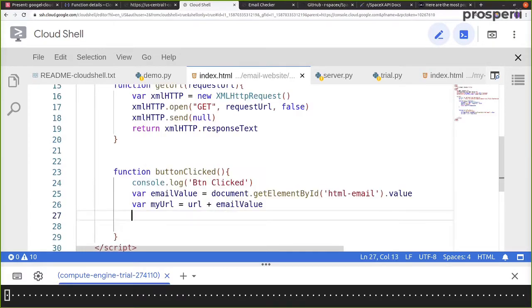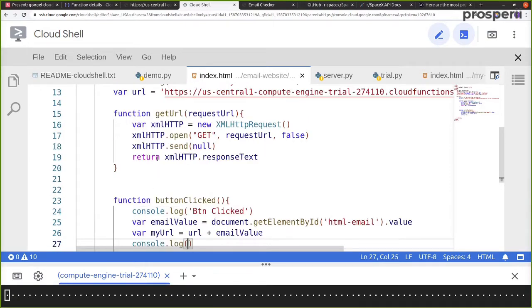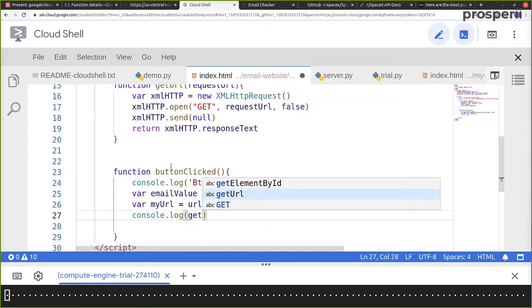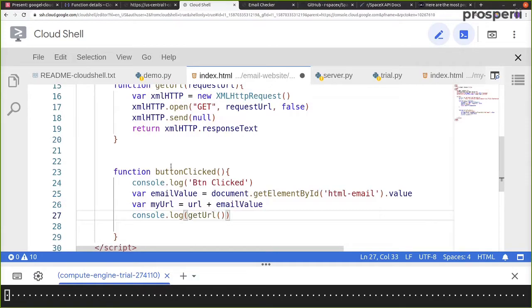So now in order to make a request, let's first type in console.log, and now inside console.log we want to make a request which says getURL, and inside getURL we pass in the name of this particular URL. So over here we have myURL.